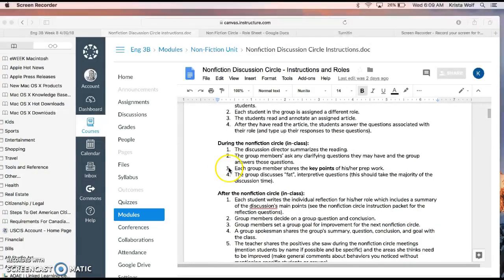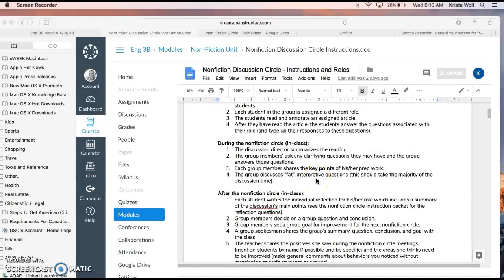Okay, so what I was talking about was number 3. Each person shares the key points of his or her prep work. Now the fourth one here, I'm going to just leave this kind of up to you guys. You may want to just spend that time talking about each group member's role and do an extended amount of time, or you could do the highlighting of the roles first and then discuss what's called the FAT, or the interpretive question. So what we just looked at with the bias finder, that's really interpretive, right? So you could jump from a more glazed over kind of review of everything and then go into interpretation, okay? So I'm going to leave that up to you.